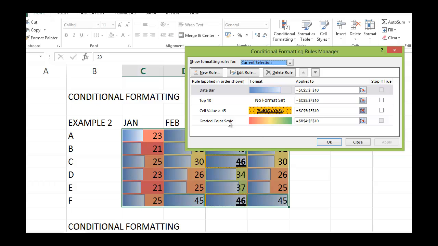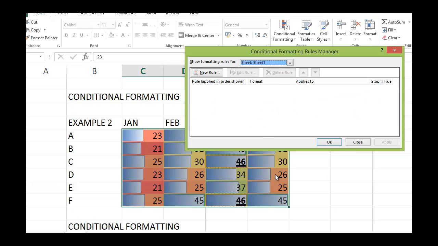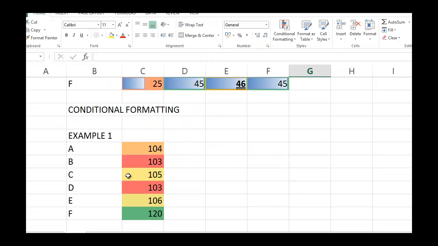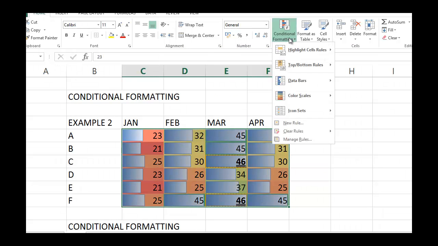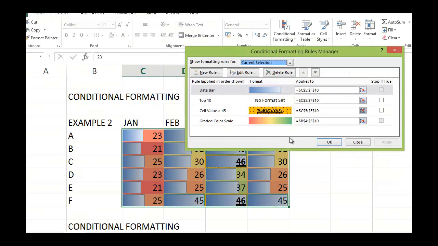So these are the rules which you have placed. This particular cell, top 10 value and data bar, all you can see here in this particular selection. In the sheet, if you select this whole sheet, you will get another formula which we applied in my previous example, which is here the color scale. So exactly all those formulas, any conditional formatting formula which you have put in any of the sheets, in any of the workbook or in the selection, will be shown here, so you can control which to show, in which order to show, etc., which actually gives you very good control over what data to show and how to show it.